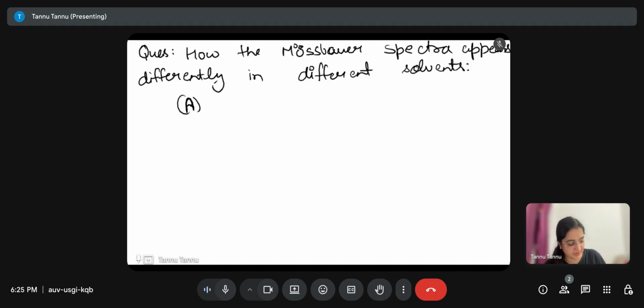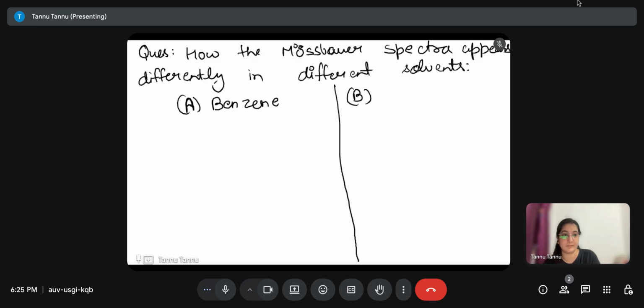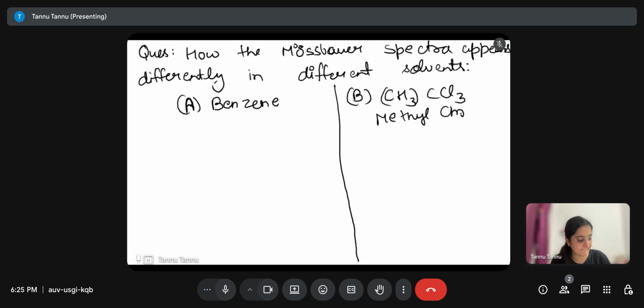So we take one solvent which is benzene and another solvent is CH3CCl3, methyl chloroform. So if we draw the spectra for this,